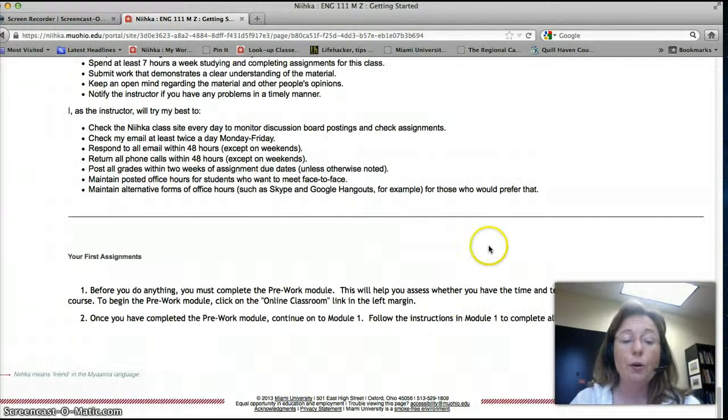All right, so your first assignments, before you do anything, you have to complete the pre-work module. All the pre-work module work, which is where this screencast is showing up, is due on the first day of class, all right? And that's January 14th. It's due by midnight on January 14th. So the pre-work module work is easy, it's quick, it won't take you very long to do, but you do have to do it. If you don't do it on the first day of class, I will consider that to be an absence and I will contact you to see if you really want to continue in the course.